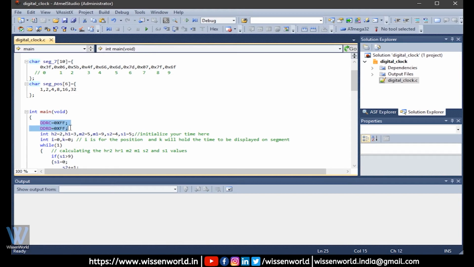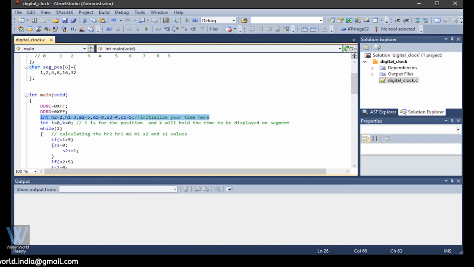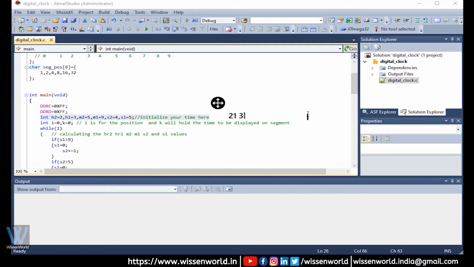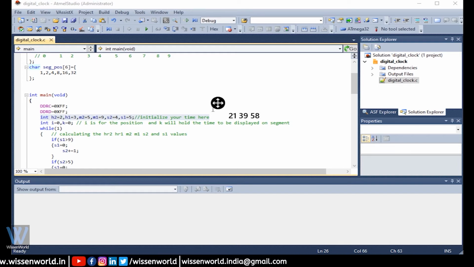Okay. Now going ahead, in the main we have declared DDRC and DDRD in output mode. These are the variables we have to initialize. In these values we will initialize our time. Let's suppose our time is 21, then 39 and then 58.